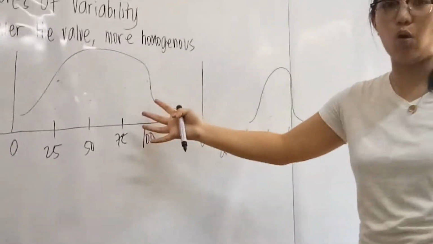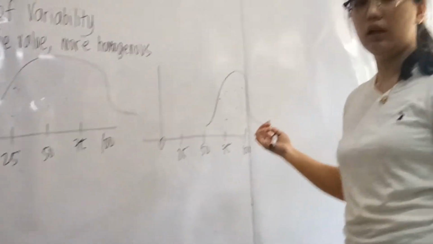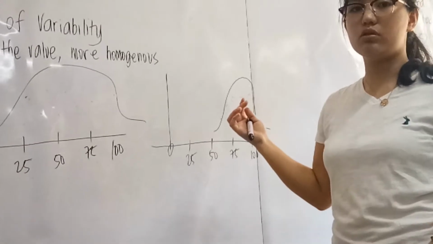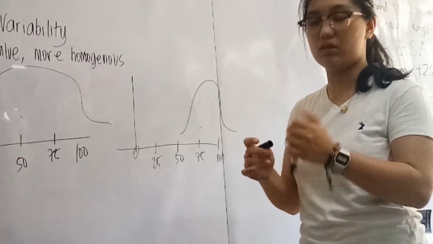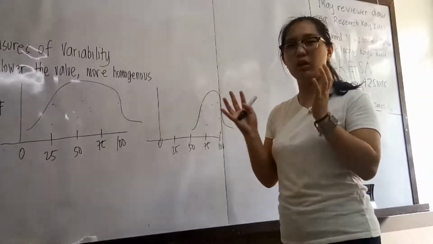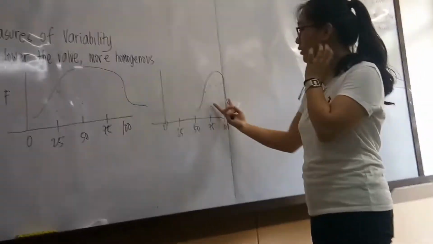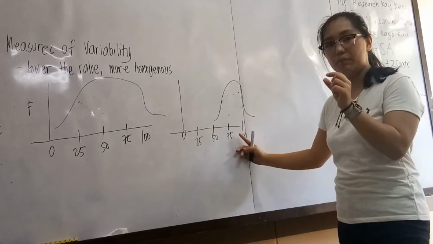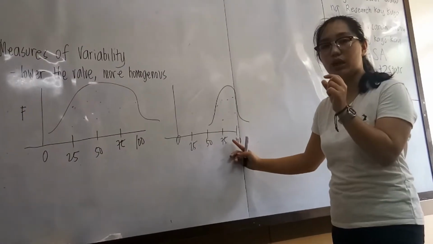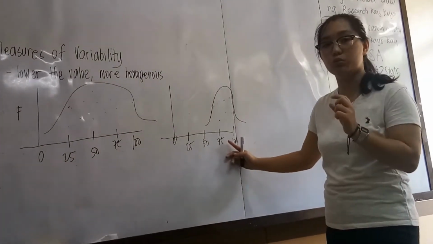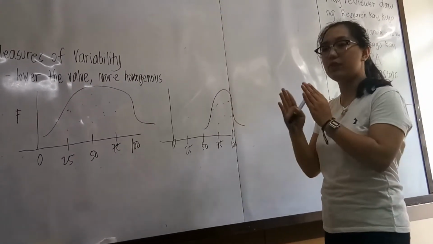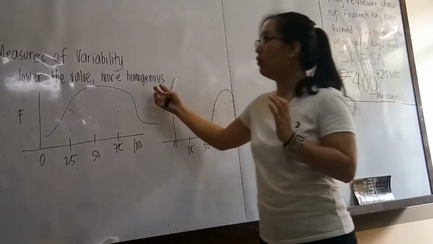Which one is more homo? Which one is lesser homo? Which one is more homogeneous? So, in here, pag sinabi mo homogeneous data, so the data are actually close to each other. So, as you can see, the standard deviation, yung standard deviation niya away from each other is actually close. So, if you're going to use your normal distribution, the graph of your normal distribution for more homogeneous